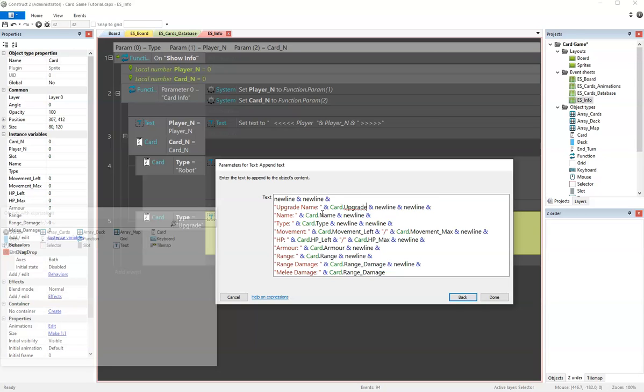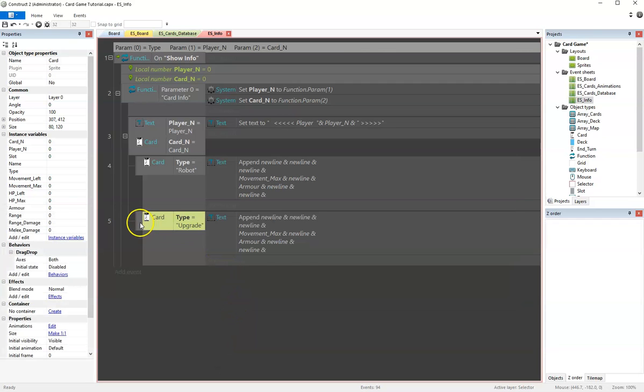But maybe in the future there will be an upgrade name or whatever, or maybe a long description about what the upgrade is doing, so we don't have to put any instructions elsewhere. People don't need to read the manual and so on. We can have all the information on the display, and that's useful because in some games you can see that all the information is on the card, but in our case we don't need to put the information in the card, because once we click